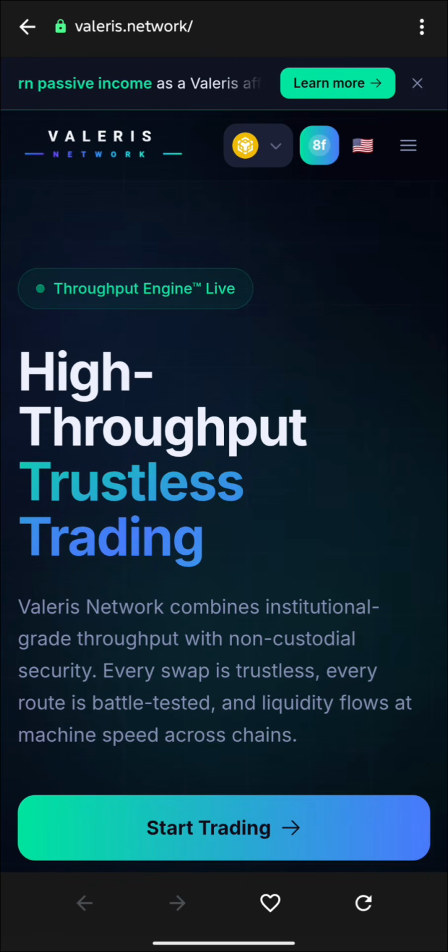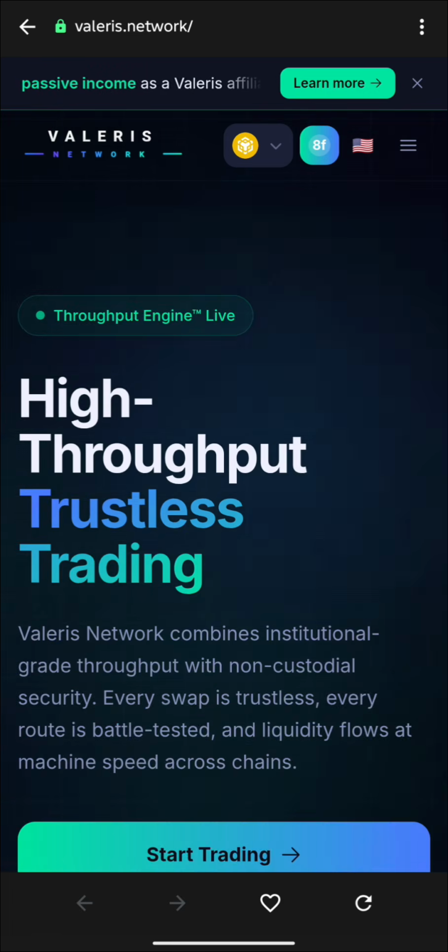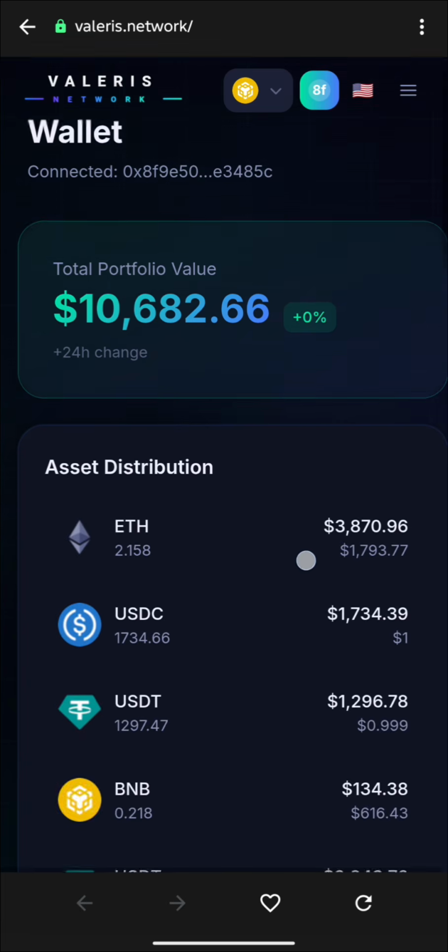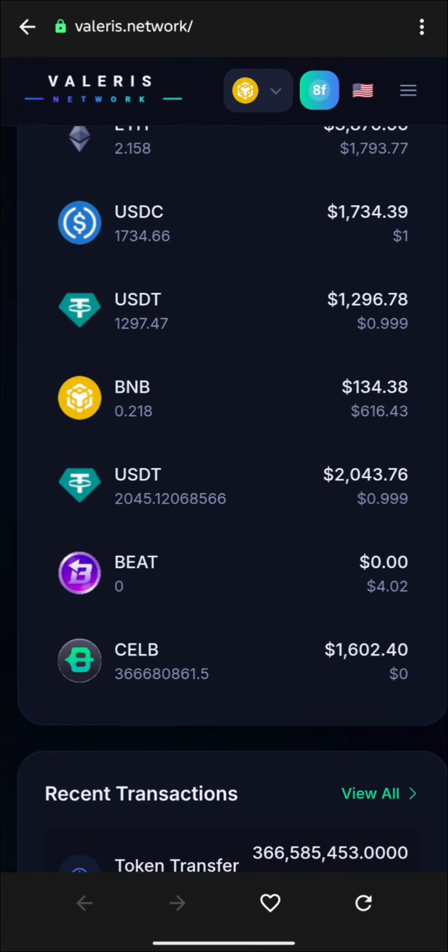and click Enter. Now, once you've been brought into this platform, this is a decentralized platform that allows you to swap your token and do other crypto-based or Web3-based operations. Once you've gotten into the platform, the first thing you'll be required to do is connect your wallet. As you can see here, my wallet is connected already. We can click on the menu, and then go to wallets. And then you see I have my wallet connected, which is the same wallet that you saw on the first page. If I scroll down a bit, you see I have my CelB token here as well, and the value is about